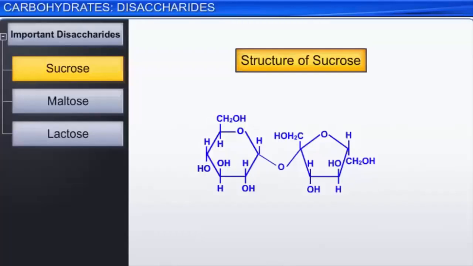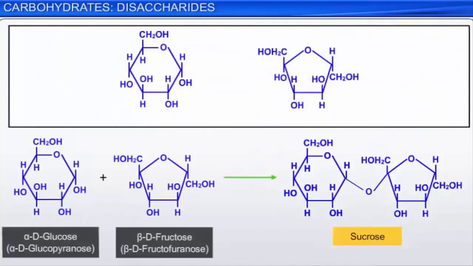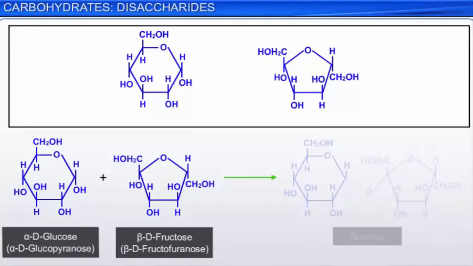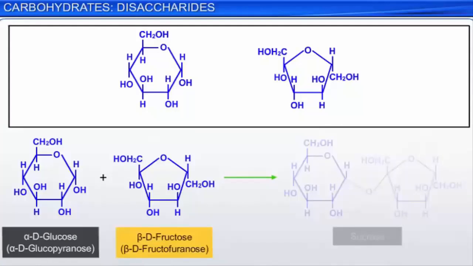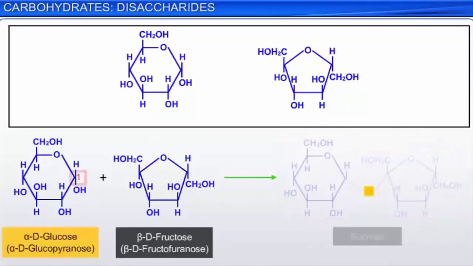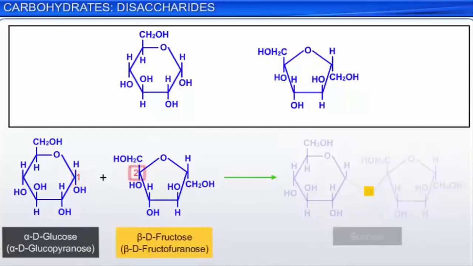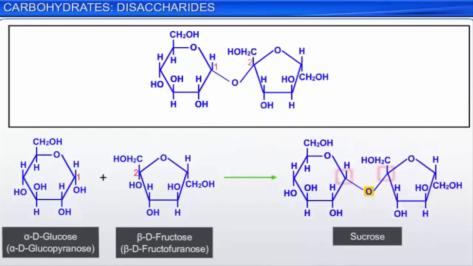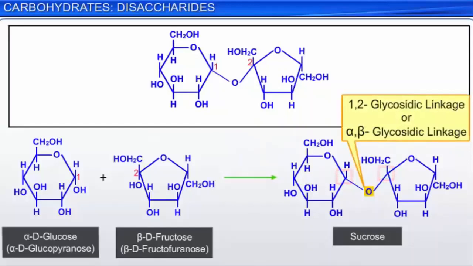Let's look at the structure of sucrose in greater detail. Sucrose is made up of one unit of glucose, specifically the alpha-anomer, alpha-D-glucopyranose, and one unit of fructose, specifically the beta-anomer, beta-D-fructofuranose. These two hexose units are joined by a glycosidic linkage that is formed between the C1 of alpha-D-glucopyranose and the C2 of beta-D-fructofuranose. Note that the loss of a water molecule results in the formation of 1,2 glycosidic linkage or alpha-beta glycosidic